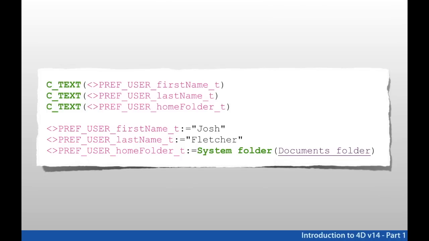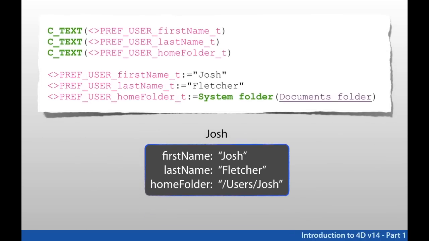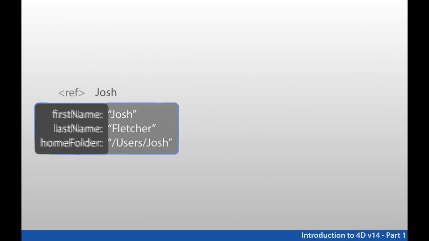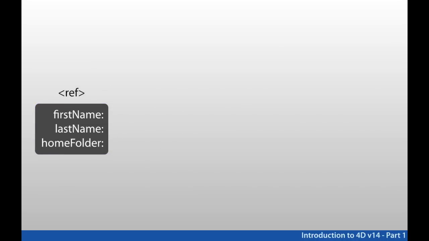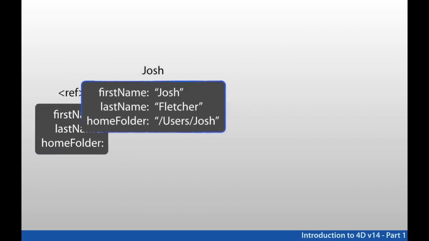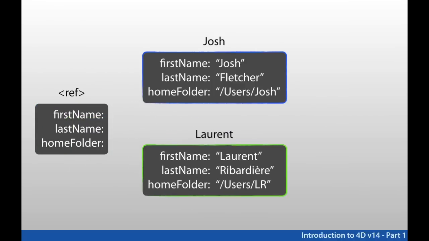So I'd like to be able to take those 3 things, group them together, and have a reference to those things and keep them separate. So I get the Josh object effectively, with the first name, last name, and home folder being properties of that object. So it's almost like creating a template. So now I've got this template that's a sort of user template, and it's got the first name, the last name, and so on,